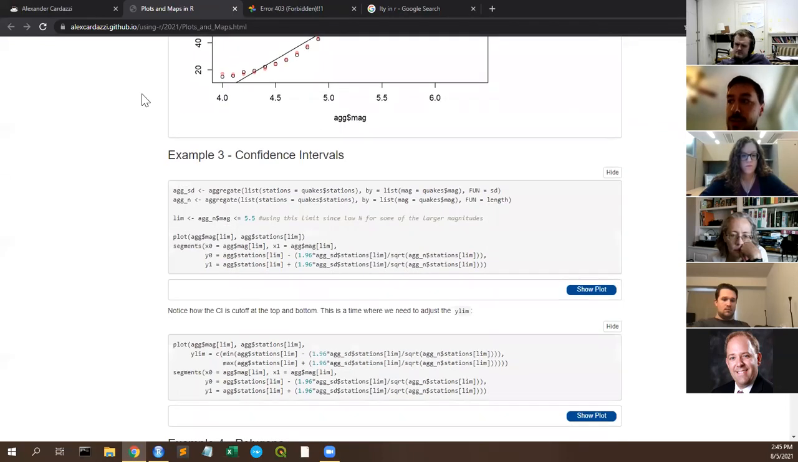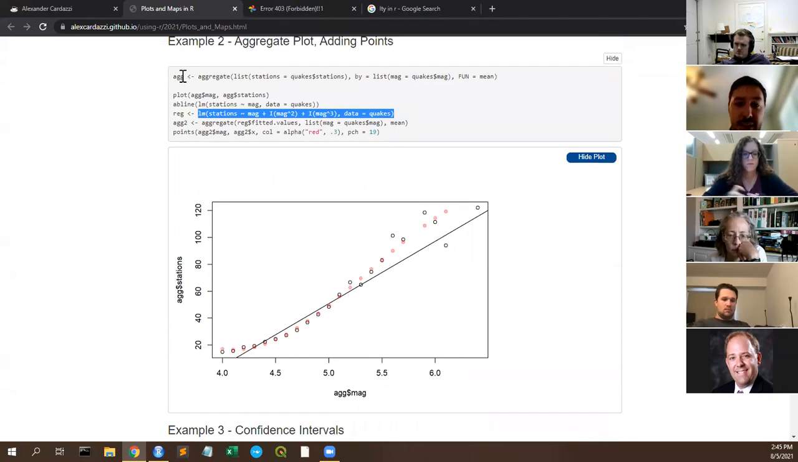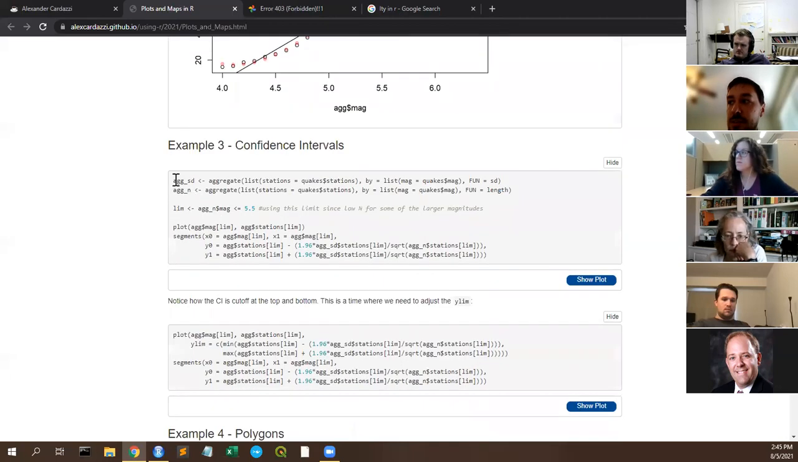Okay, this next one, I'm gonna use some confidence intervals. So I've already aggregated by the mean, that's ag. Then I'm gonna aggregate stations 5 magnitudes, and I'm going to use a standard deviation function. And then I'm going to find the n using length. So I'm just going to be able to generate confidence intervals for each of these